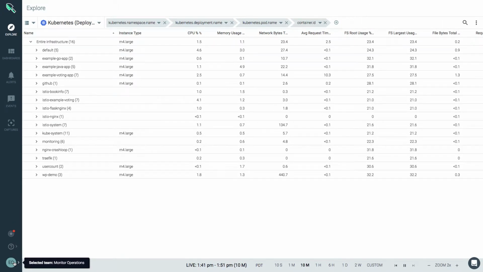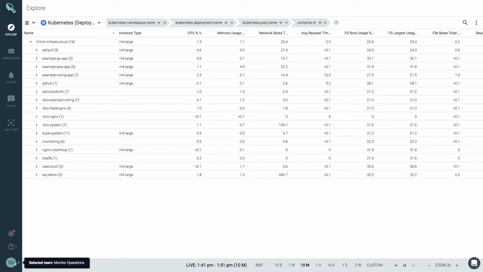Many of our customers have different roles and responsibilities within their organization, from owning a particular cloud or a cluster deployment or a specific set of hosts, or even a particular application or set of containers like MySQL. With Sysdig Monitor, you can configure monitoring access for different users and their roles and responsibilities using teams. What's great about this is that you get isolation without the overhead of having to manage multiple monitoring backends or